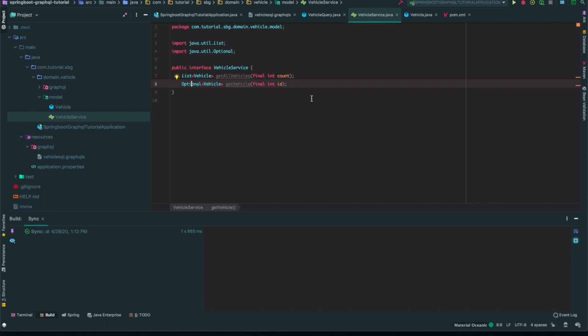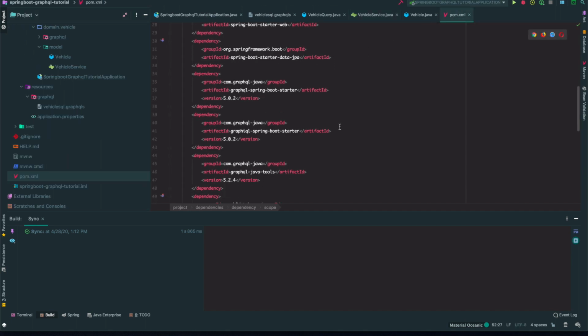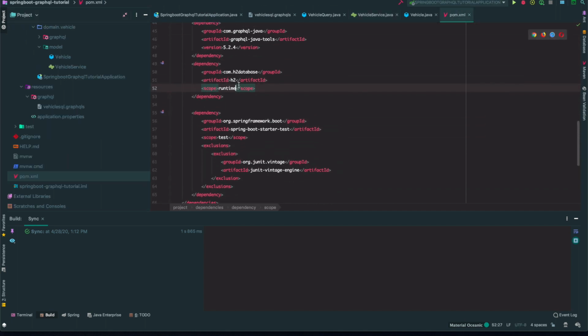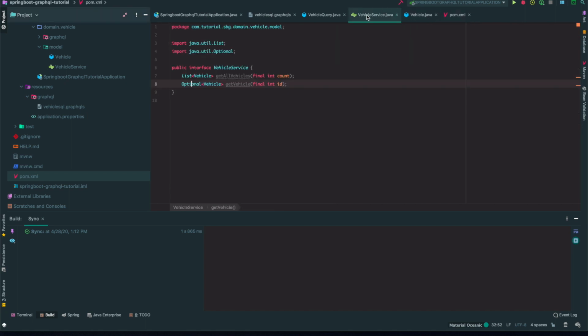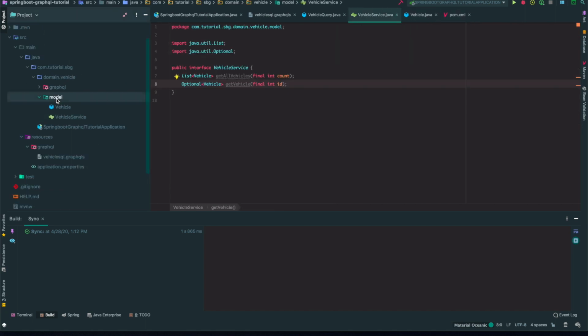And if you guys remember, we added a dependency of not only the H2 database, as well as the JPA helper here that would actually map that data for us, and it'll give us a quick way of querying that data. So for that, we need to create a new interface,